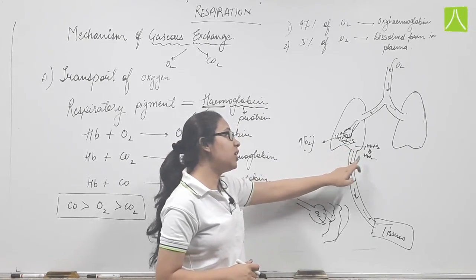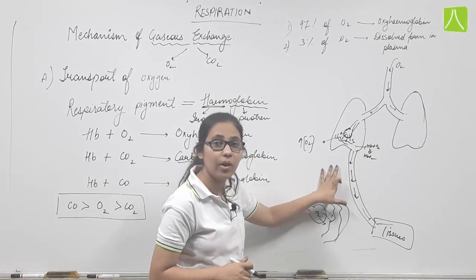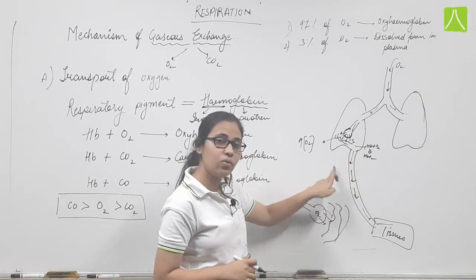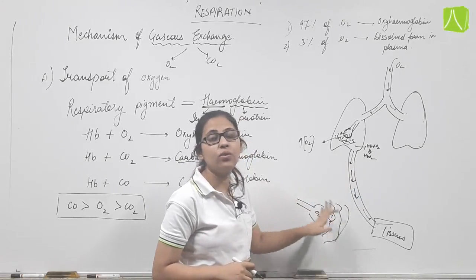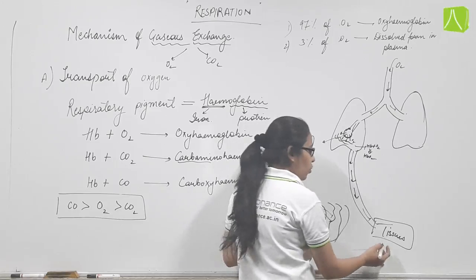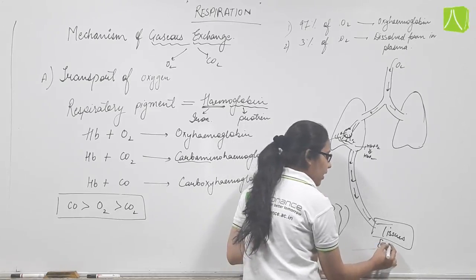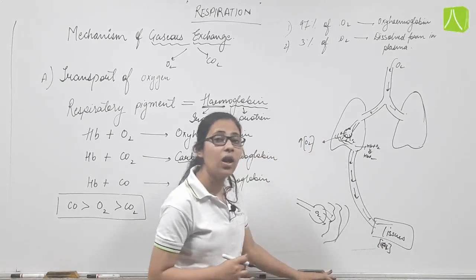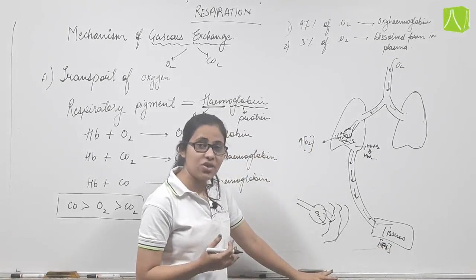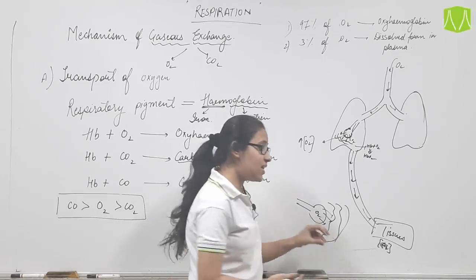Oxygen then binds with the hemoglobin to form the structure called oxyhemoglobin, which then travels through the blood vessels and enters into the tissue site or the target site. Now we know that the concentration of CO2 is high in the tissue site, because digestion has occurred over here. So CO2 concentration is high.